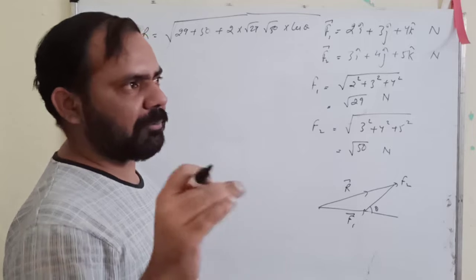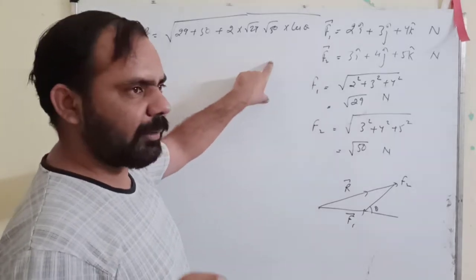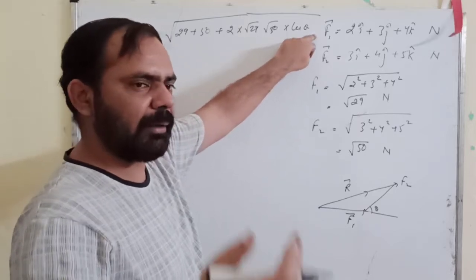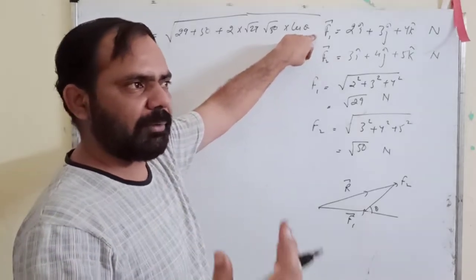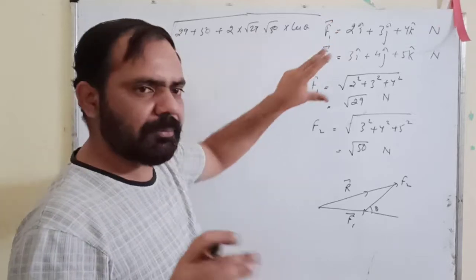I was just trying to give you an example. This question is not appropriate right now because you don't know how to find the angle between the vectors. For that we will first have to learn how we find the product, how we multiply the vectors. So let us leave this for right now.